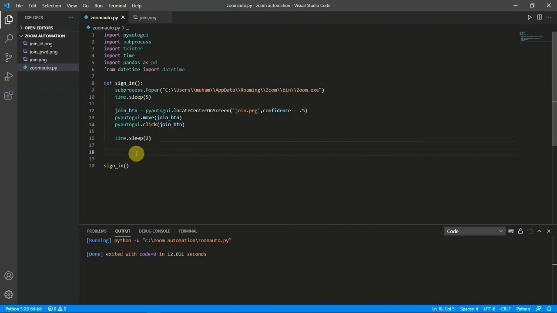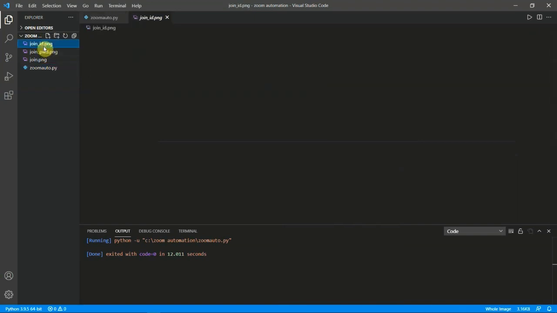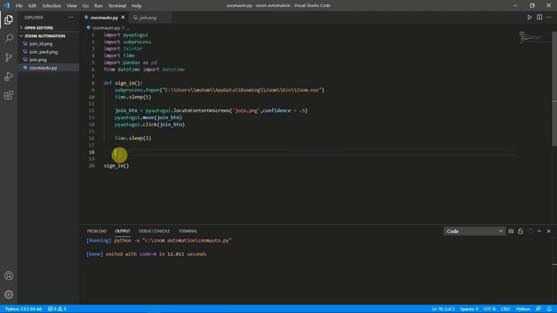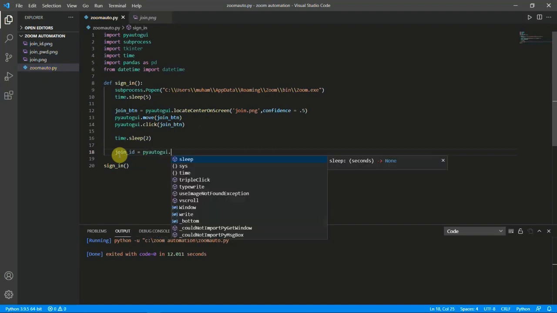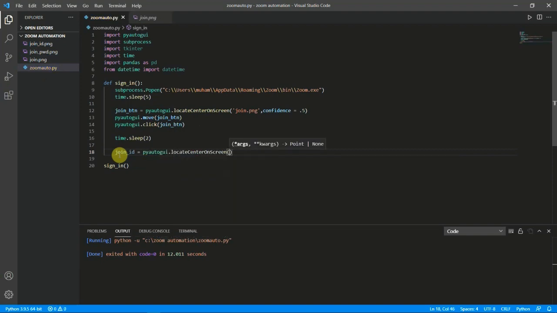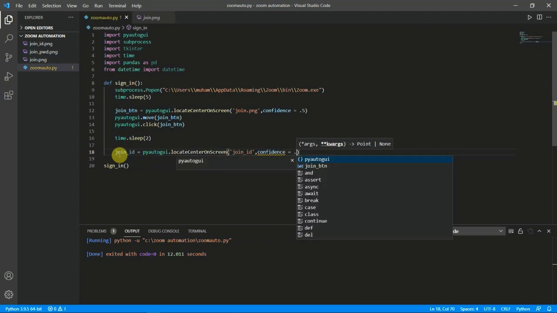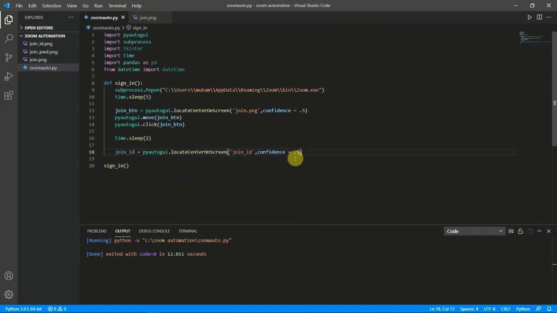In the next tab, we had to enter our join ID and press enter to go further. So again we will use one variable, which is join ID. We will write the same code, pyautogui dot locate on screen, and give join ID, and then confidence, again 0.5.